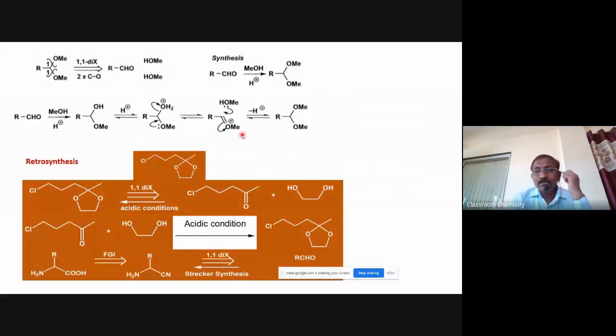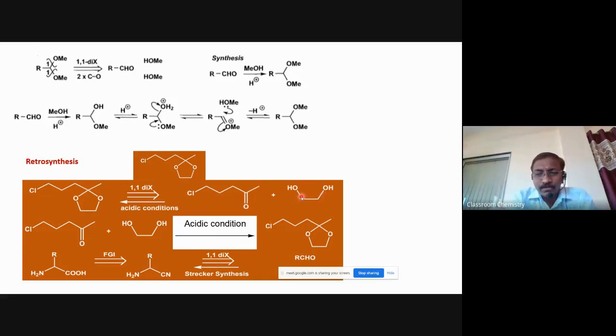Now, when such a 1,1-difunctional compound is cyclic, like this one, how do we disconnect? In this case, 1,1-difunctionalization is with respect to these two, not the rest of these, which are the alkyl chain. There are two oxygen atoms here. Here also there are two oxygen atoms, and one R and one hydrogen, which is why we considered an aldehyde. But in this case that hydrogen is replaced by this alkyl chain, so instead of an aldehyde, here we get a ketone. So the 1,1-difunctionalized disconnection is along these two, and we get the corresponding ketone and,